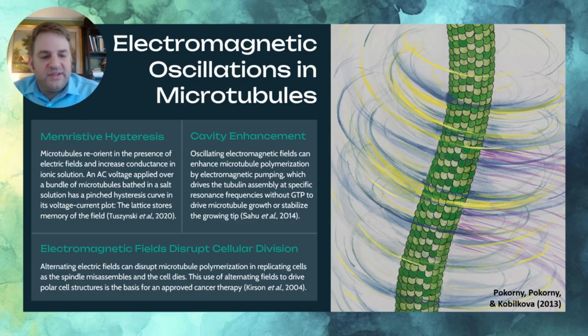and naturally the system conducts better that way. Now, what's interesting is that an AC voltage applied over a bundle of microtubules bathed in a salt solution has a pinched hysteresis curve in its voltage current plot. And that tells us that the microtubule lattice itself stores memory of the field. And this presents the possibility that the microtubule itself could be used as basically an electronic component. It doesn't just resist current flow on a voltage current plot, it has some memory of what the current was in the past, and that's what we call a hysteresis curve in